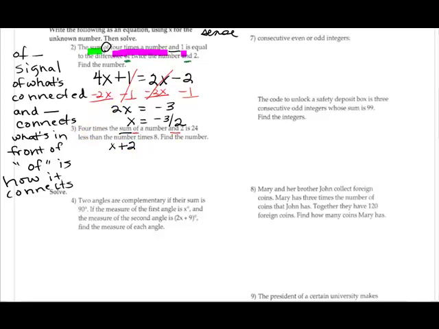But we have other information up here. It says 4 times the sum. So we're going to put this in parentheses. So it's 4 times the sum of a number and 2 is 24 less than the number times 8. Then we're going to use the distributive property. We're going to need to move